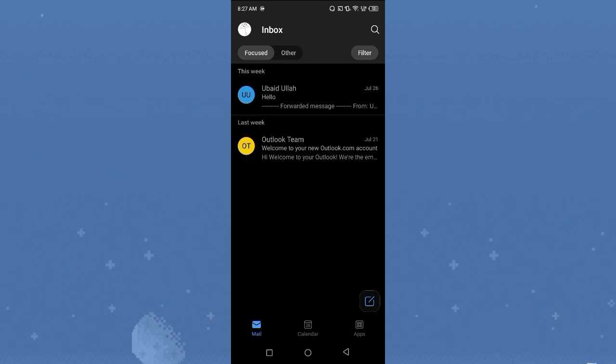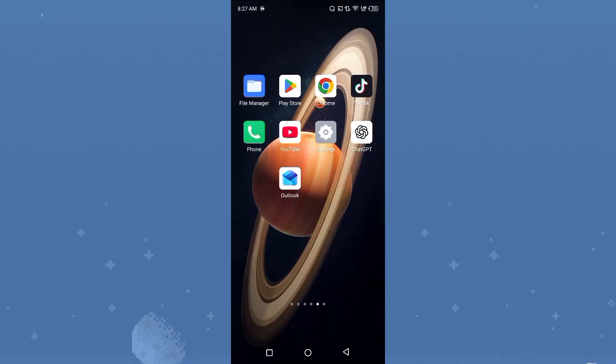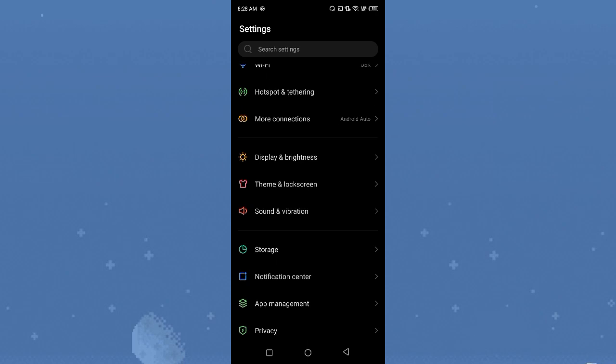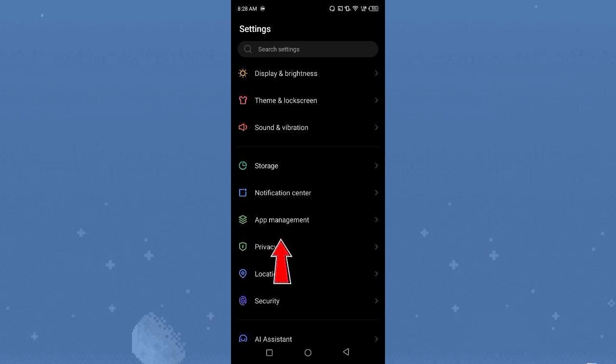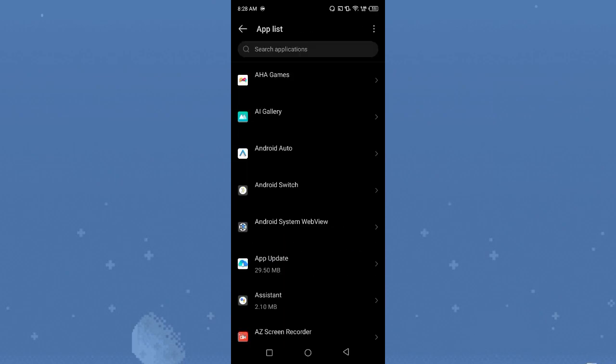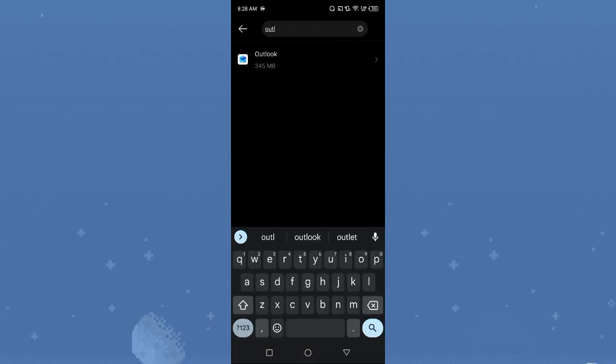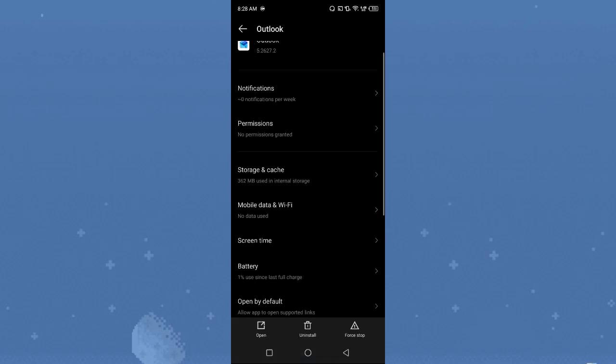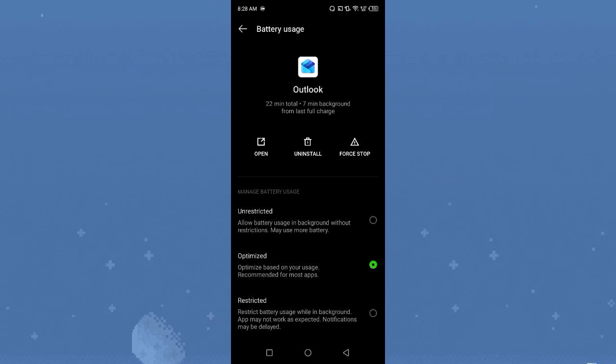After that, close the Outlook app, go to Settings and scroll down until you find the app management. Search for Outlook, open Outlook setting, tap Battery and select Unrestricted instead of Optimized. Now go back,